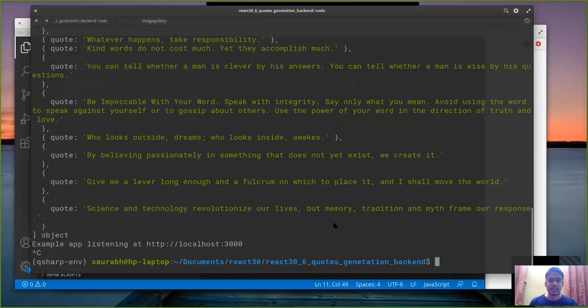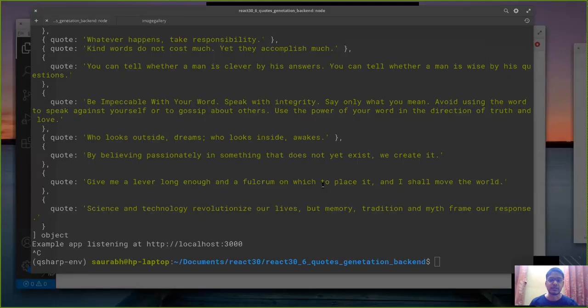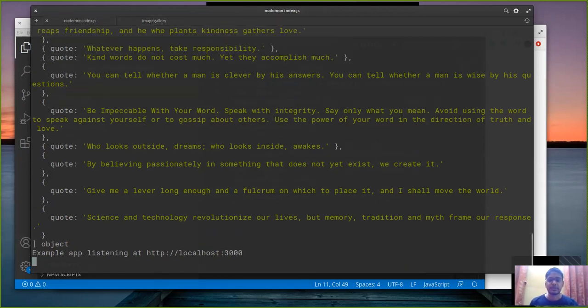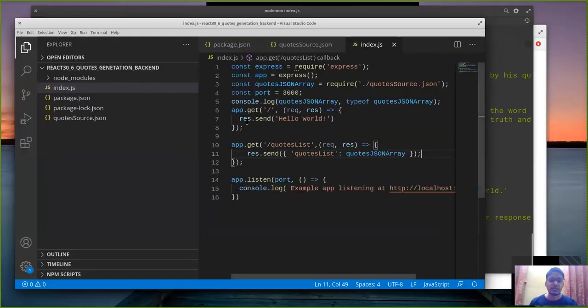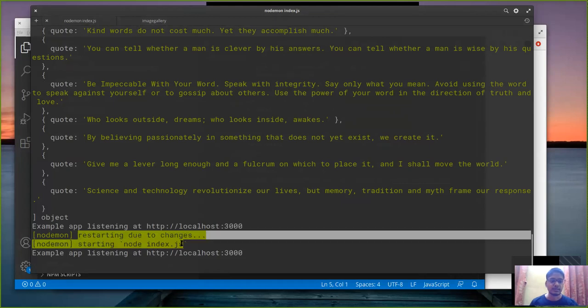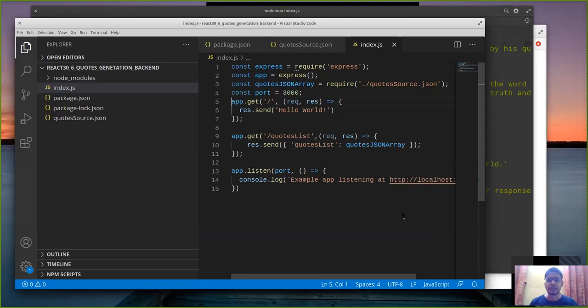Now let's see if this works. So instead of restarting this server process again and again after changes, what you can do is use Nodemon. Nodemon is a monitoring-based npm module which restarts the server process after every change. So let's say if I remove the console.log statement, my server will get restarted like this, and I will have updated code running on my server thread.